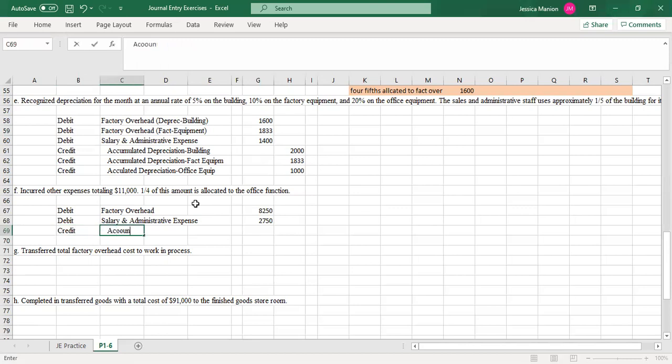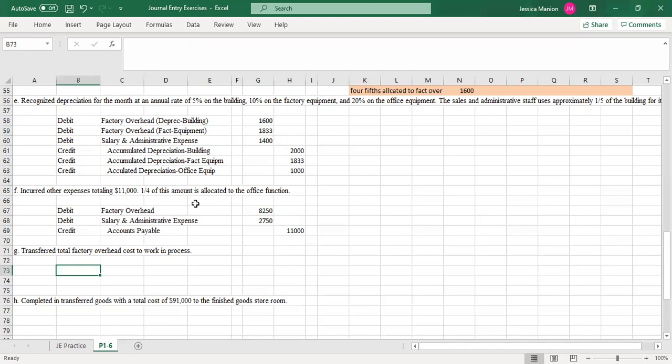Credit accounts, oh, accounts payable, for the entire 11,000. Okay, so we've accumulated material costs, we've accumulated labor costs, we've accumulated overhead costs. And so now it says transferred total factory overhead costs to work in process. So for this one, to get this total amount, and then I guess I should say as a correction,